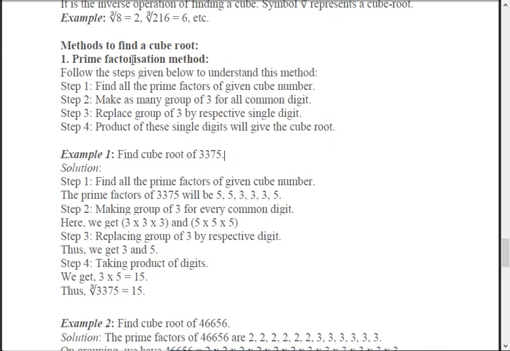Now this is the prime factorization method. Now you'll say it's quite easy, but no. How much time will it take to bring out these factors? Firstly divide by 5, then again divide by 5, again divide by 5.